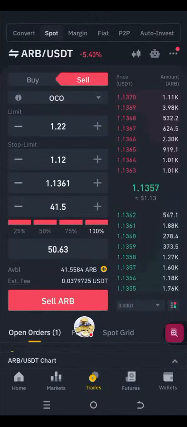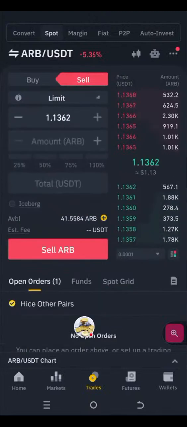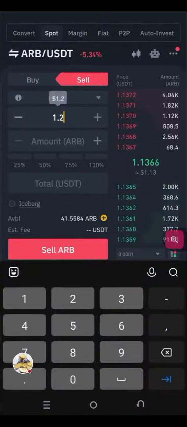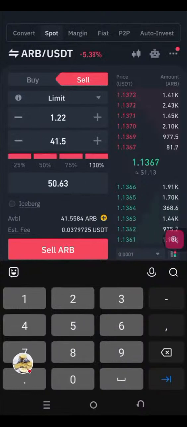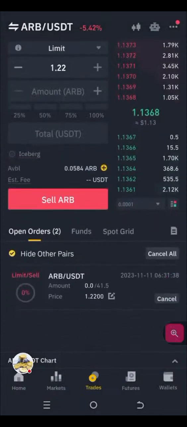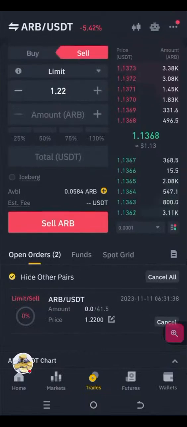Now, that's just the difference, right? Let me go to limit, because this is my absolute best. For limit, I'm going to set the price I want. So I've said I want it as 1.22 for now, because I just want to get some minimal profit and be out. Pick up the 100%, be okay with my 63 cents, and I go up. That's like 1.3%. Now if this takes me 1 day to get there, my money is still safe. It's not going to cancel. If it takes me 2 days to get there, my money is still there. It's not going to cancel. So for me,